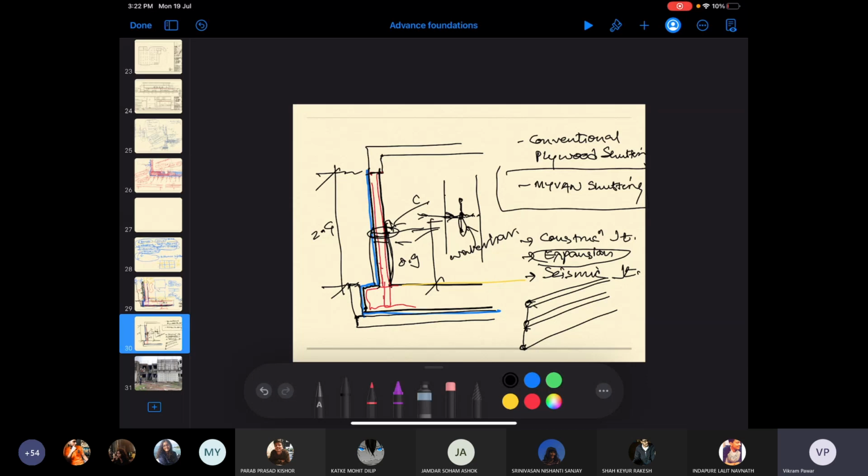Is this, by this lecture, are you able to get some idea about what goes into making of a basement foundation, or still gray area?